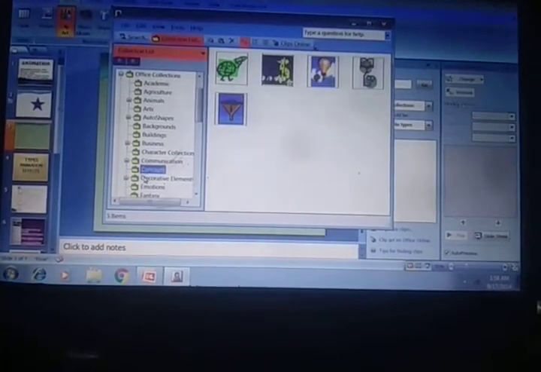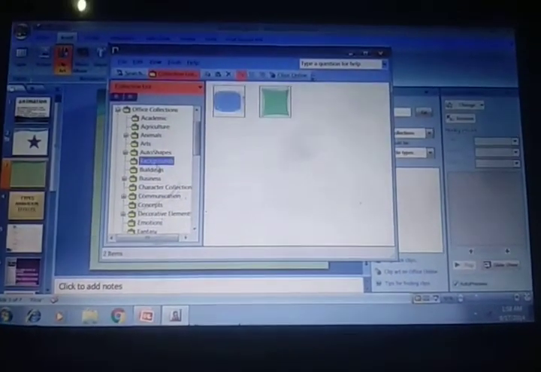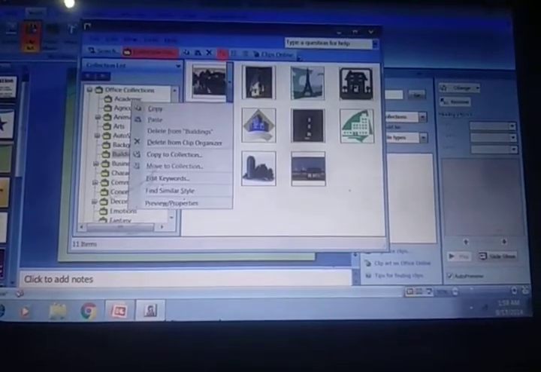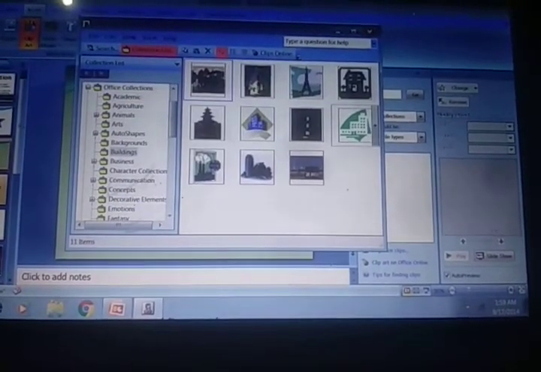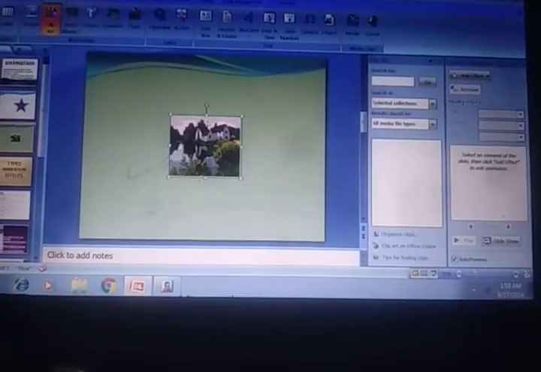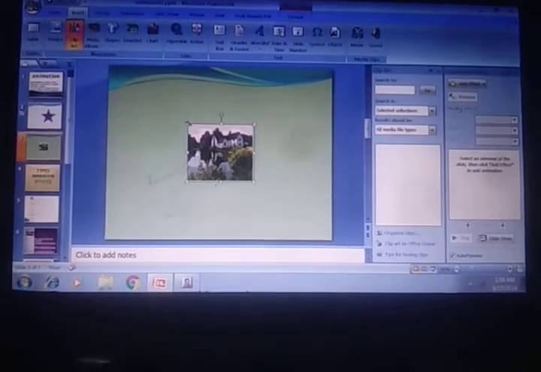See, there are so many folders. Whatever we want to take, I'm going to choose such a type of folder. This is the file. Nice, right click, paste it. Okay, this is the file. We can give an animation effect on that picture also.